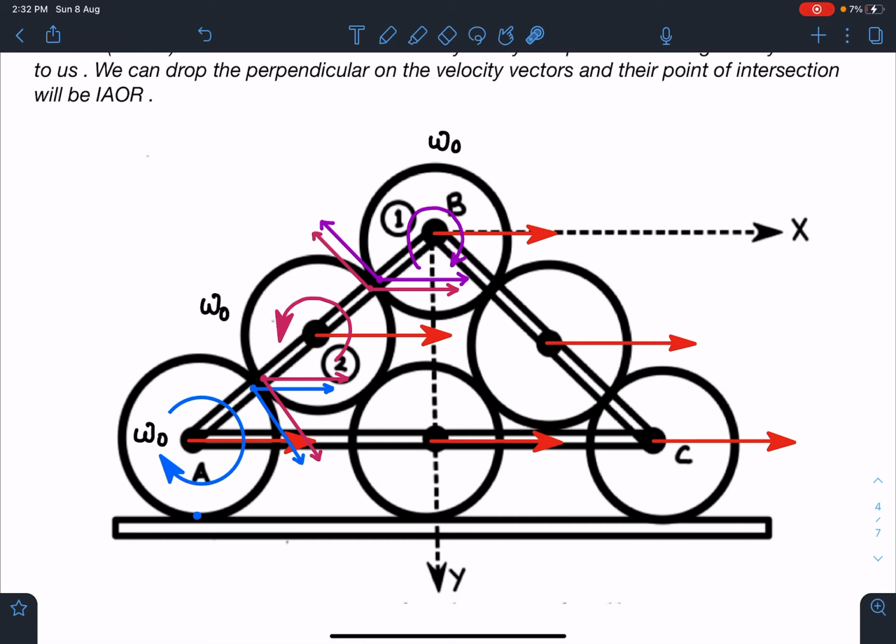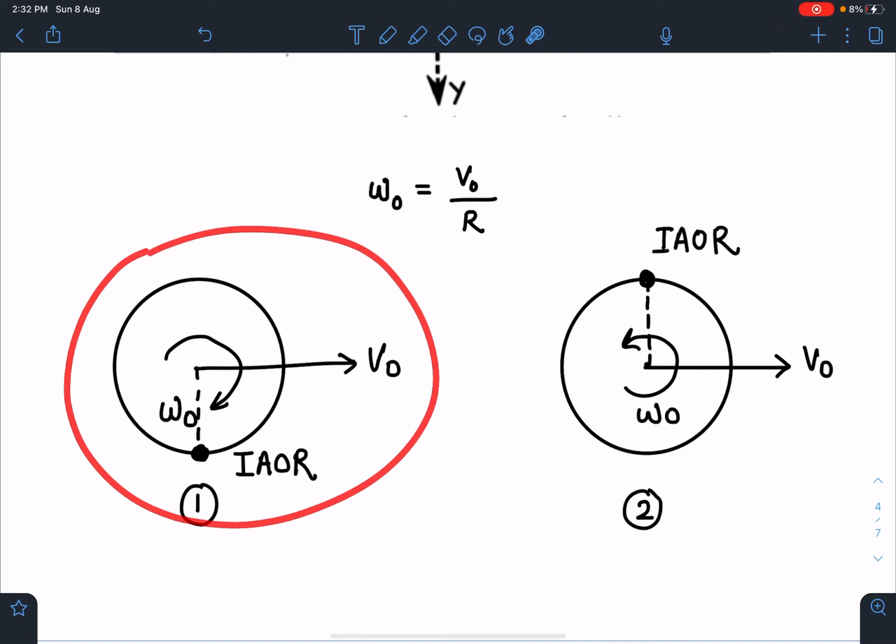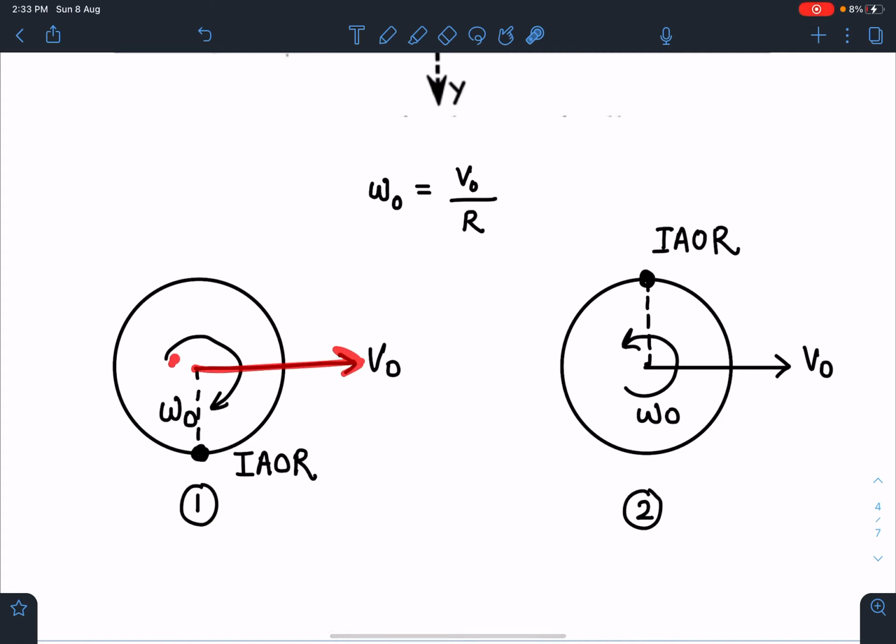Here luckily I have taken equal radius, so all those omegas will be same. Otherwise you can write tangential velocity, we have to equate in order to find the value of omega. All right, so here equal radius is given, so R omega value is same. Now after this there is nothing in this problem. If you look at roller 1, its VCM is V0 and its omega is clockwise and value is V0 by R. So we can say this is the situation similar to rolling disc on the ground.